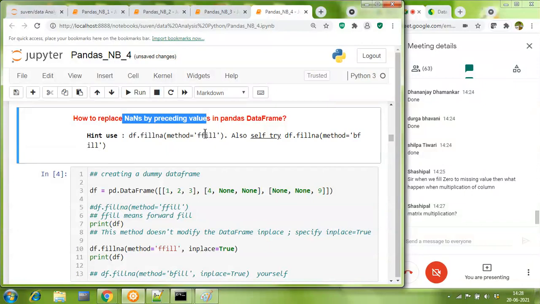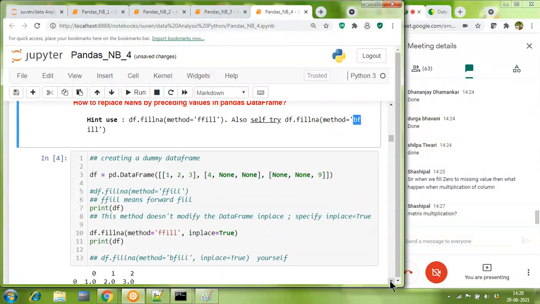There are two ways you can fill. One is forward fill, another is backward fill. I will do one of them, and the other one has to be tried by you. This is what is written here. I will be trying forward fill, and you all, after the boot camp, will try the backward fill on your own.